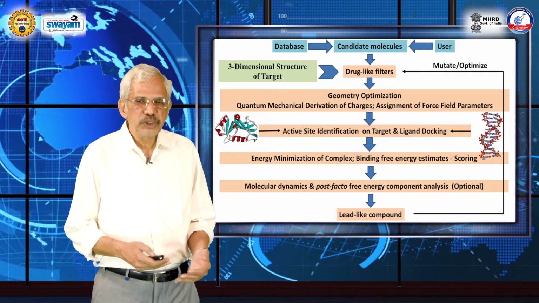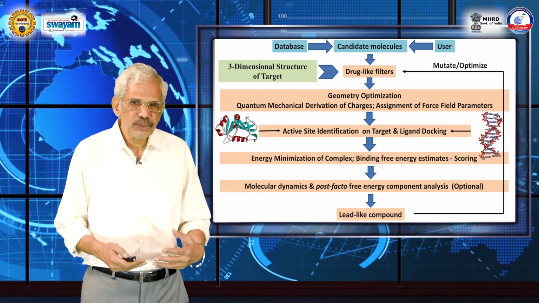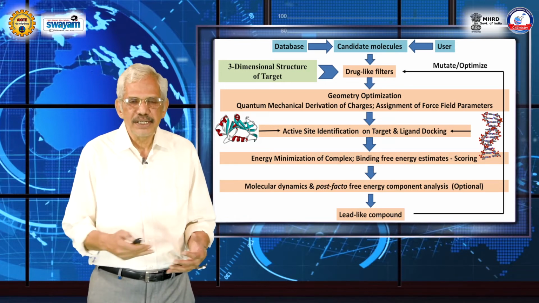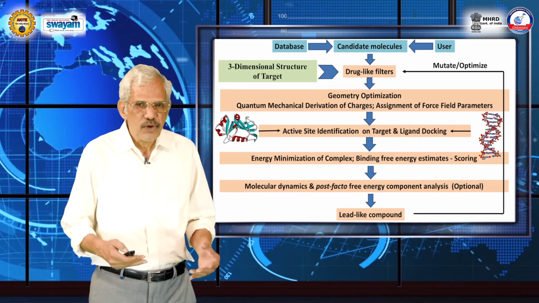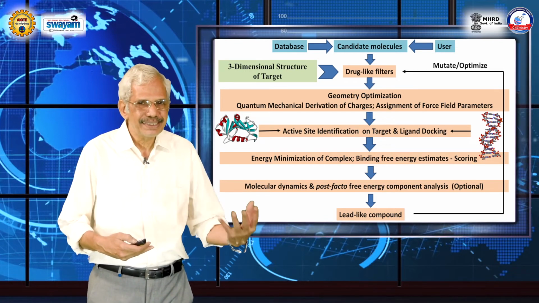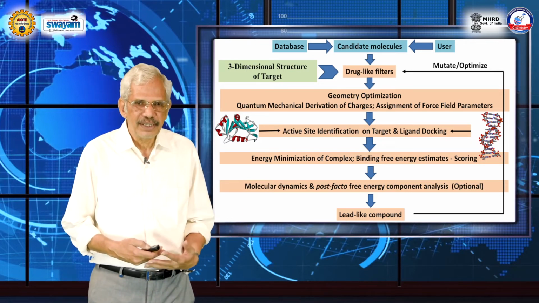Docking is one of the most challenging problems in drug discovery, computer-aided drug discovery, right? Because you have a huge search space. So what one does is typically take recourse to rigid body docking, where you're searching in the 3 translations and 3 rotations, a 6-dimensional space. You can put in flexibility of the ligand as well as that of the target, that is amino acids or nucleic acid bases, subsequently through a molecular dynamics simulation.